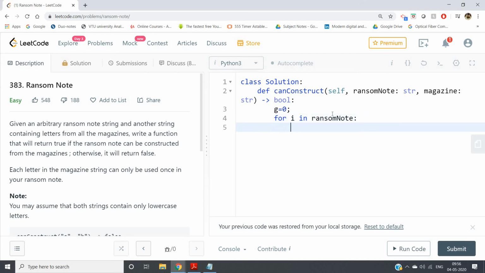Then we will have a count: t equal to ransom note dot count of i. We have taken the count of that particular character in the first string. Now the same character we will count in the second string, which is magazine.